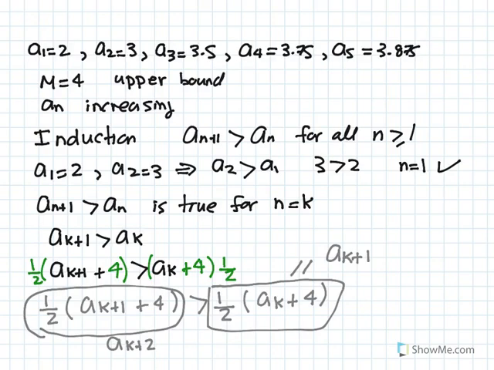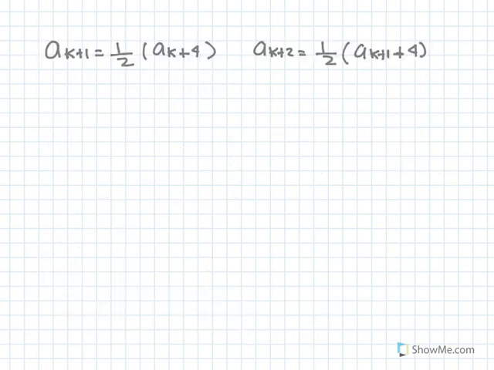And in the previous step, we proved that a_{k+2} is larger than a_{k+1}. So we have proven that a_{k+2} is larger than a_{k+1}. I need to write this as a subscript, so let me write it as a_{k+2} larger than a_{k+1}. So what we have shown is that a_{n+1} is larger than a_n is true